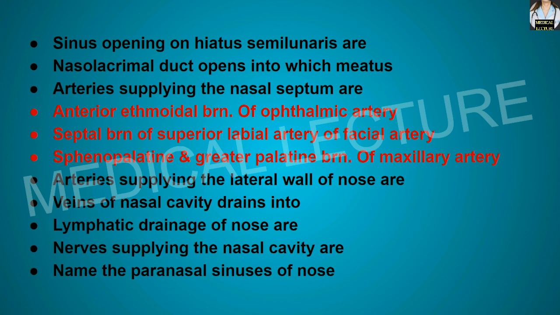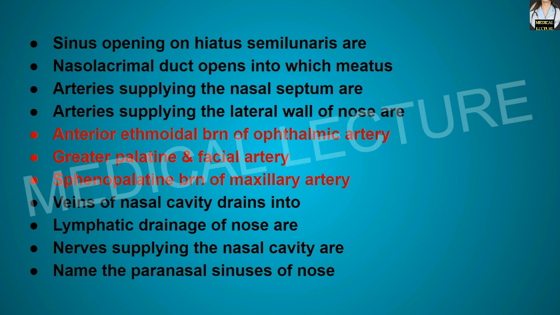They are the anterior ethmoidal branch of the ophthalmic artery, the septal branch of the superior labial artery of the facial artery, and the sphenopalatine and the greater palatine branch of the maxillary artery. Now which artery supplies the lateral walls of the nose? They are the anterior ethmoidal branch of the ophthalmic artery, greater palatine and the facial artery, and the sphenopalatine branch